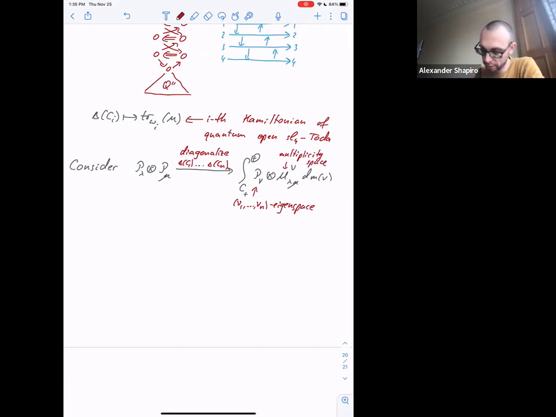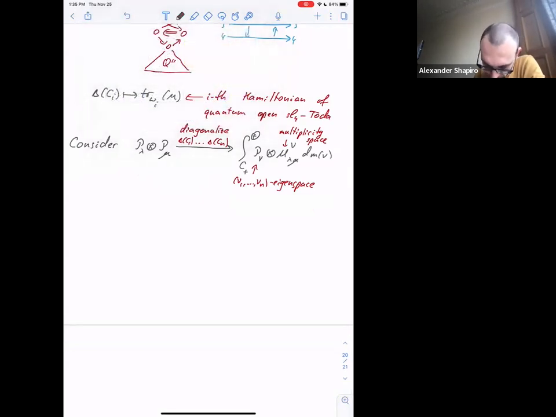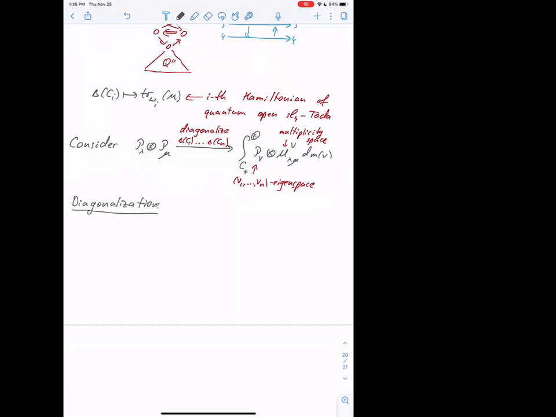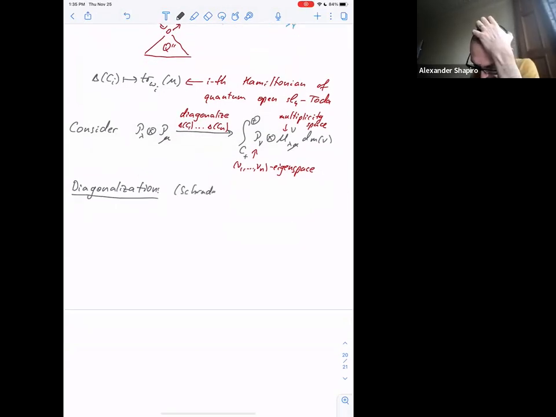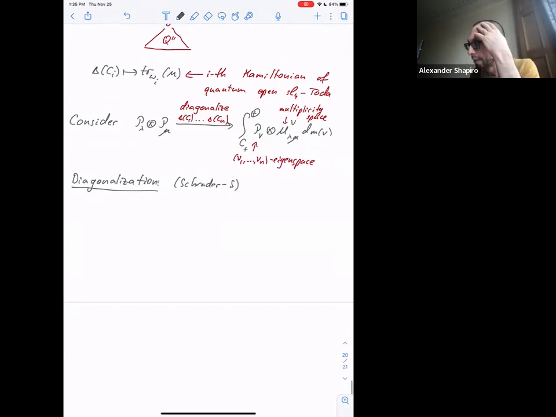All right. Now, how does the diagonalization process go? Well, it's again for SLN. It's in my paper with Gus that there exists an orthogonal and complete family of eigenfunctions,